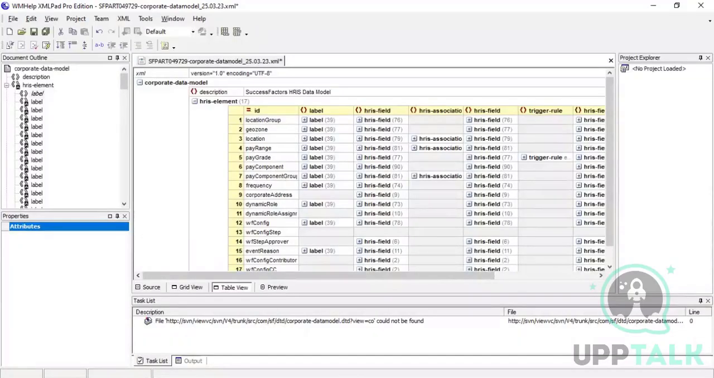Okay, so I was discussing when we go into the table view, we went into the corporate data model under that HRS element, and we went into the first column, location group, and there I just tried to change the label here. Up to here it is clear. Yes. After this, in the location group only, if you want to see the HRIS field, then you can see